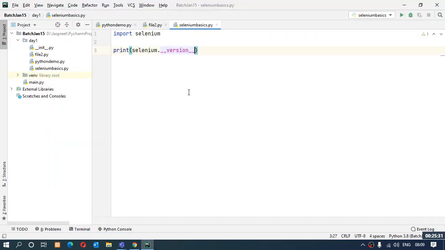Okay. So in the last session we have seen how we can do the important installations which are required for us, like the IDE, the Python language and Selenium itself. Now, as I said yesterday, we are going to take Selenium and Python both parallelly. Some points of Python I'm going to talk about, but side by side we also will be doing the Selenium part.